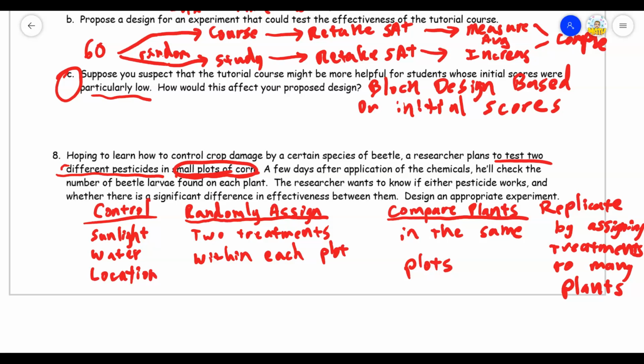I could picture a plot of corn, randomly figure out a way, number each plant inside that plot, and then randomly assign half of them to get 1 treatment and 1 pesticide, and the other half get the other type of pesticide. Because location of plots could, like with the sunlight and those things, be a huge factor. And then replication just means that maybe we have 20 plants that get one pesticide, and 20 of the other plants get the other pesticide. That's where we see our replication in that situation.